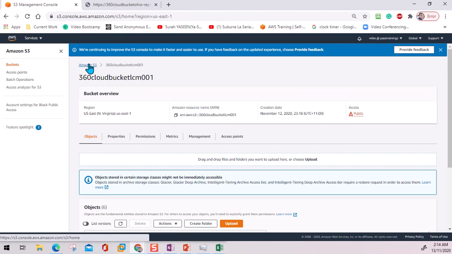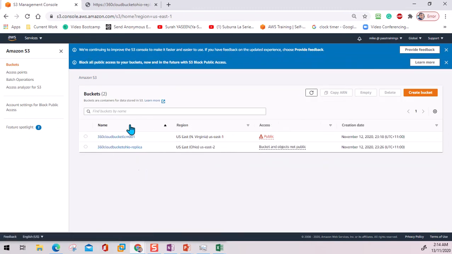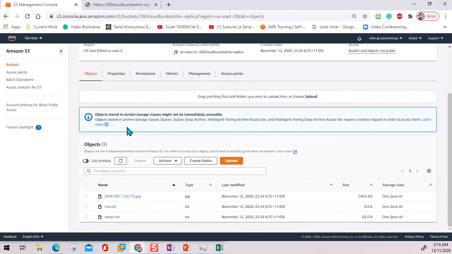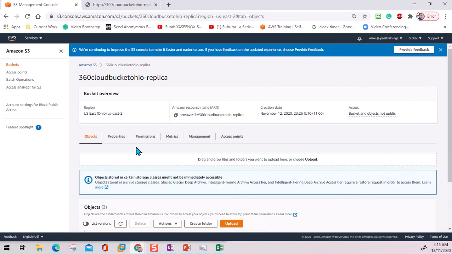Since Mike is a read-only admin and he's able to view the objects in both of the buckets, what I'm going to do is create a policy on this bucket so that Mike shouldn't be able to see anything. If I go into this, Mike is able to view all of the objects, so I'm going to restrict him from viewing any object from this bucket. Mike should be able to view all the objects on the other bucket, but not from this bucket. Since Mike is read-only, Mike won't be able to make policies here. I need to make that policy